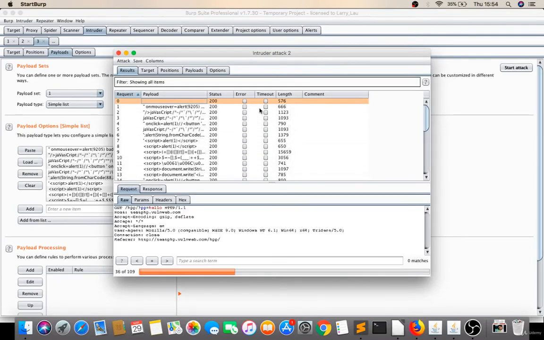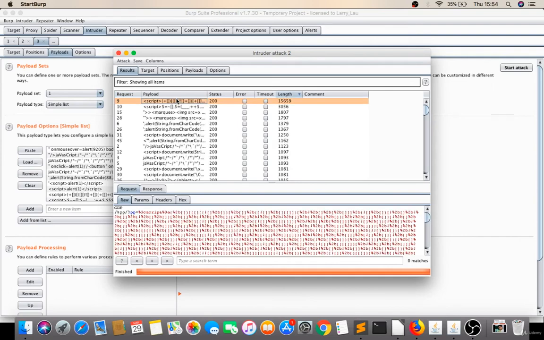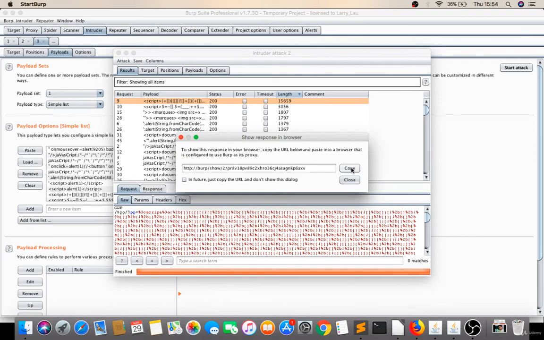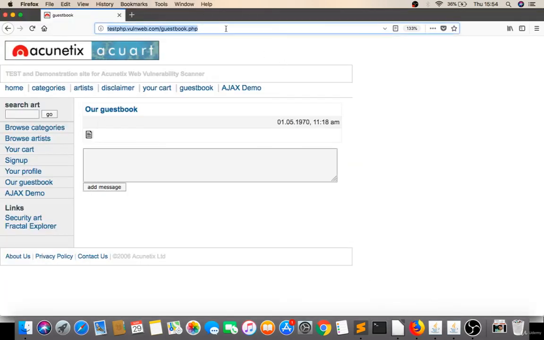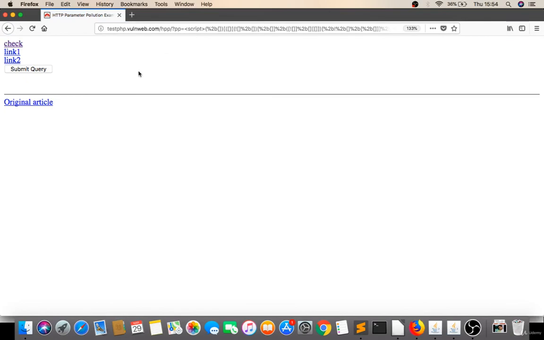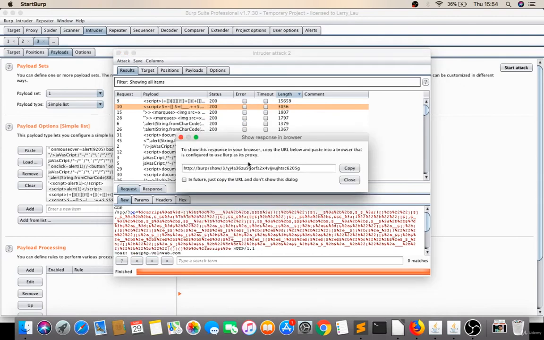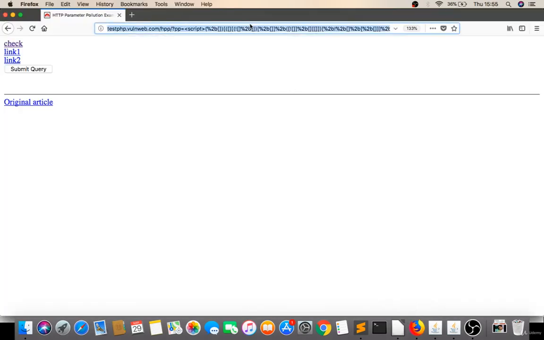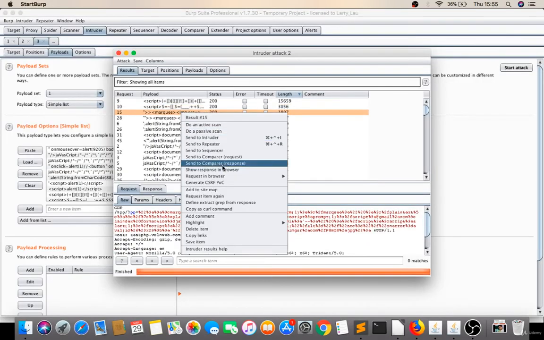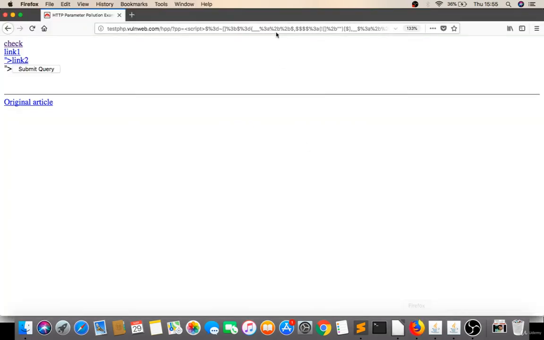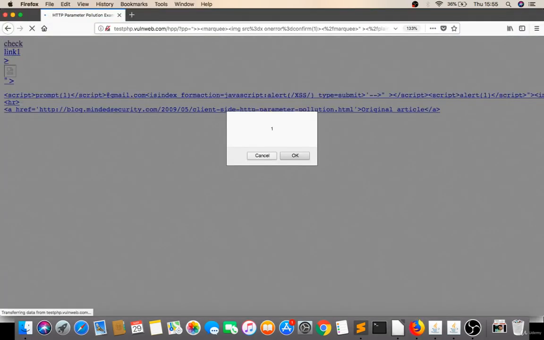Now start the attack. The first request got a length of 576. If your payload gets executed, the length will be greater than this 576. So you just sort this. I will double click on length. See, it's sorted. I will take the first one, right click, show response in browser, copy. Let's check it. It's not executed. No problem, you try the top 5. Let's click show response in browser. Again it's not executed. Let's try this one. Show response in browser, copy this. Let's execute this now. Now it's executed.